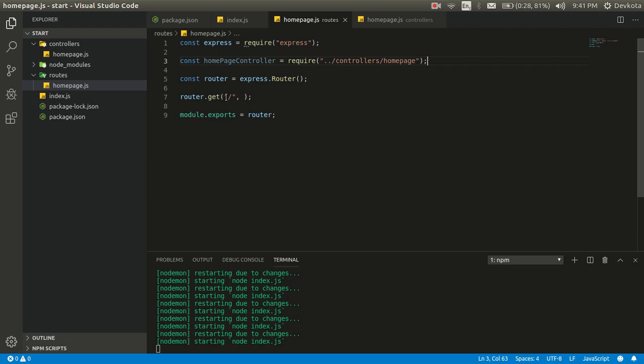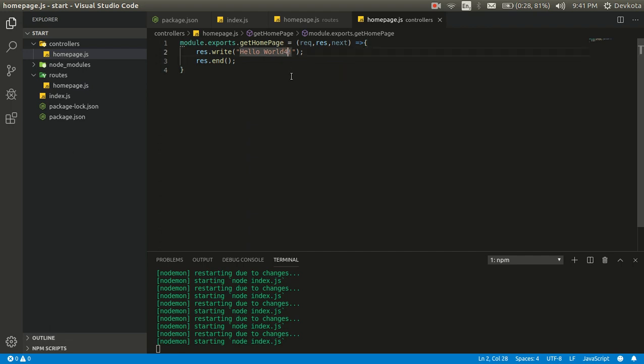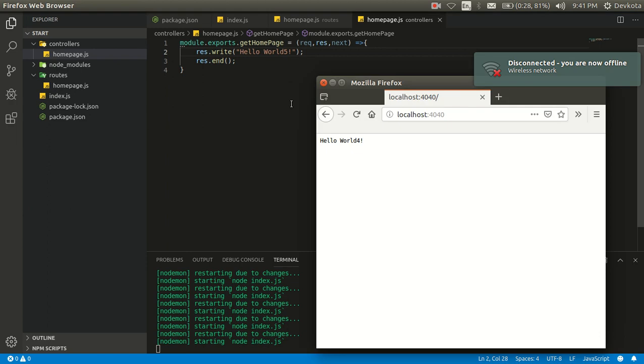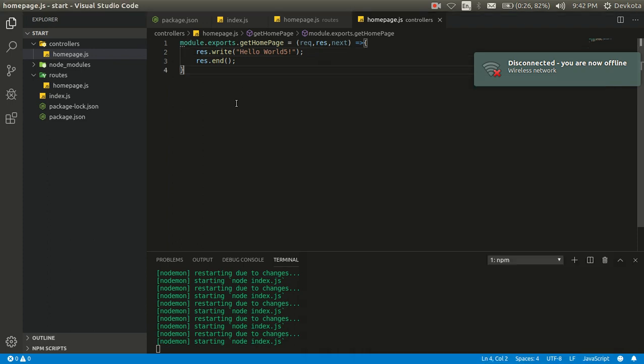And to every GET request on slash in the root directory of the domain, pass it to home controller dot getHomePage. And let it be 5, and it should work again, and it did. Okay,